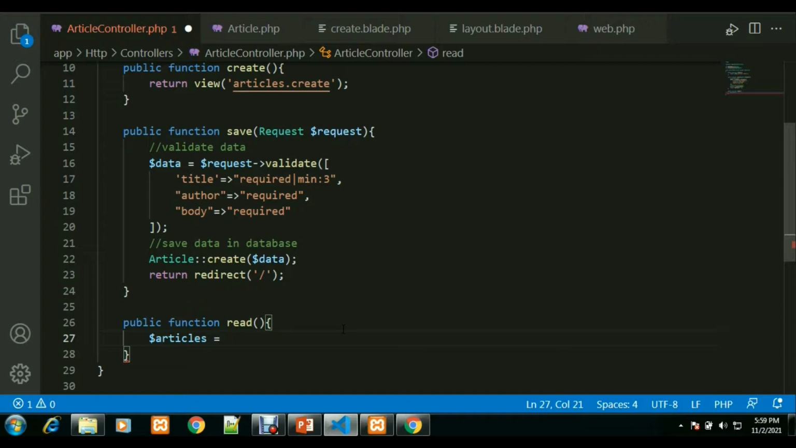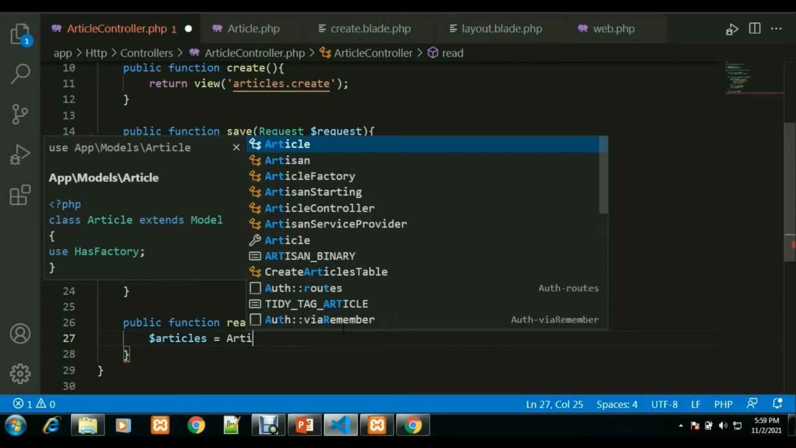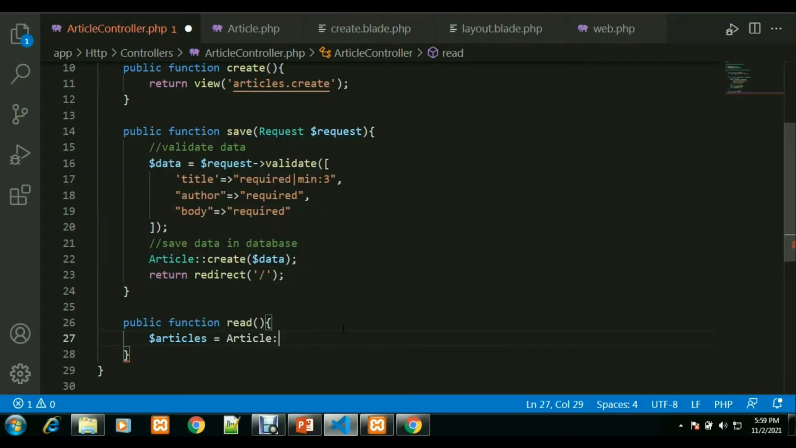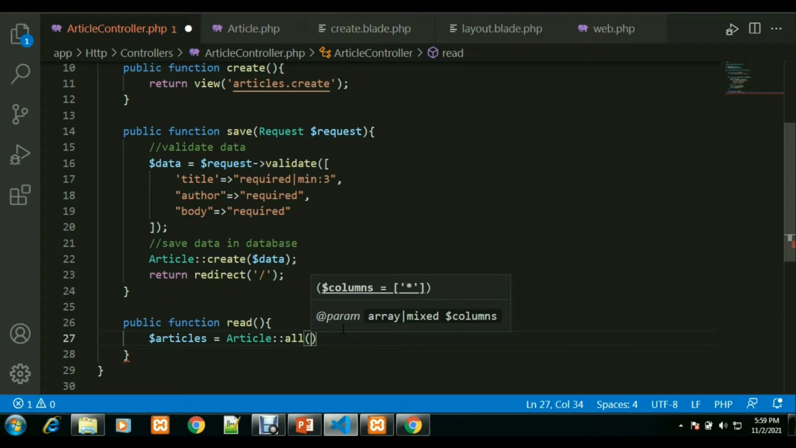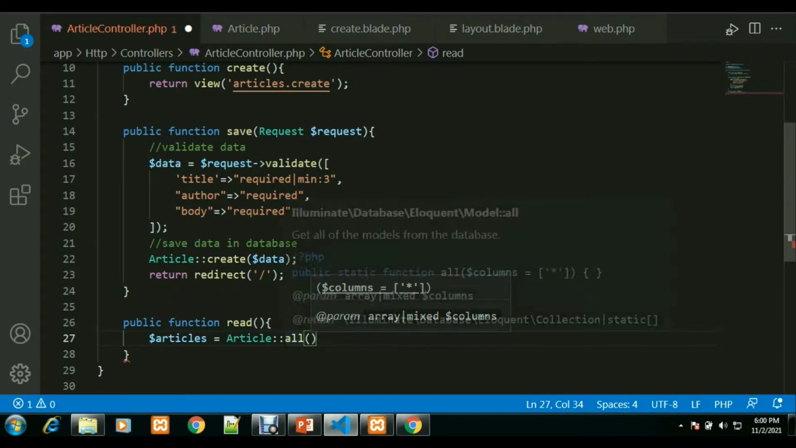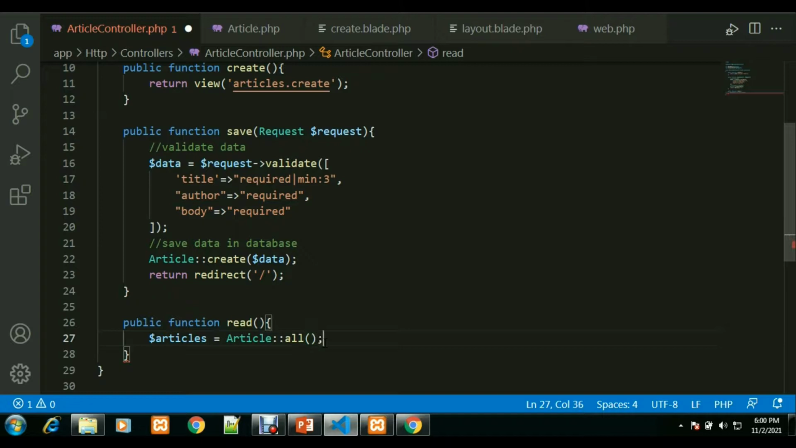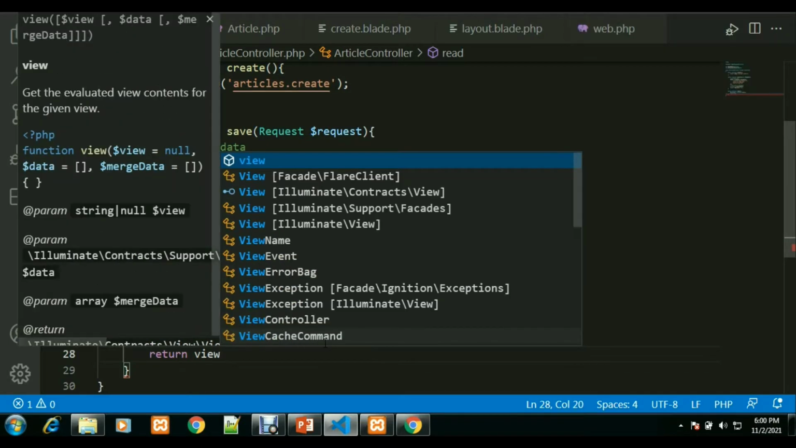To read data from the database, I have to use the model Article, and I can use a function called find or all. There are various functions. This function basically reads all the records from the articles model, or articles table. Now I have this articles variable having all the data. Then you can return it, view